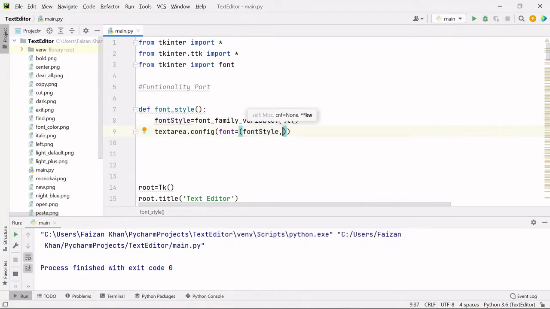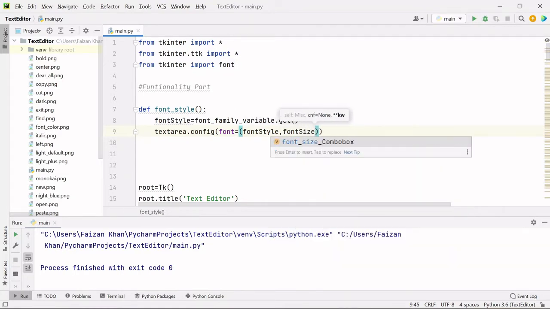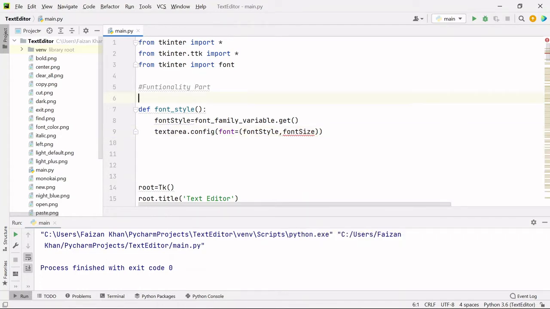Then we pass font size. So for that also I'm taking a variable, but you will see error here because this variable is not yet defined. So what I'm going to do, I'm going to define this variable here outside of this function. So by default the size will be 12 only. So you see the error is now gone. If I run this now,